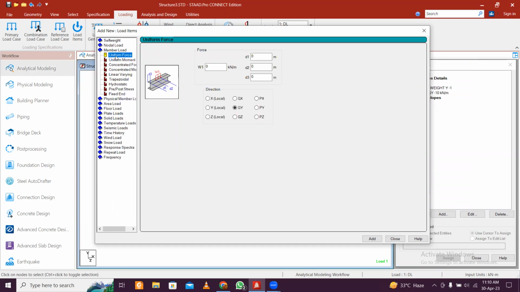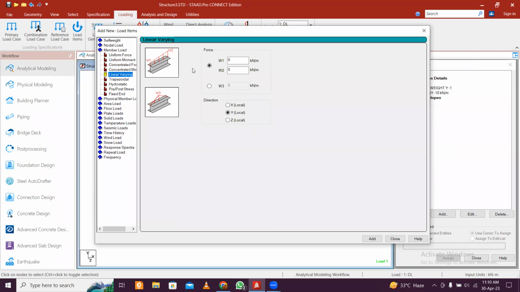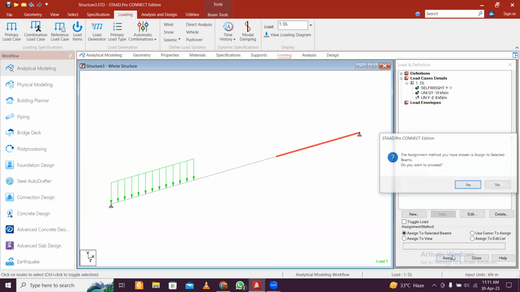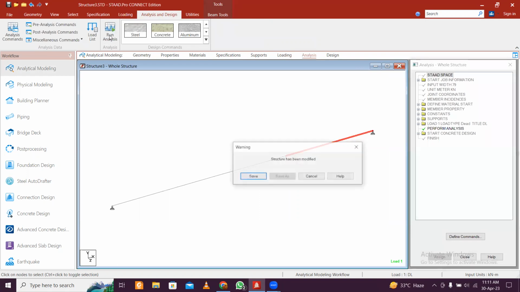your member load, and in member load we have linear varying, and UVL has 2 values. So let's this value start from -2 to -8 kilonewton per meter, and click on that. Then close it, and then this particular UVL, uniformly varying load, assign to this, assign and yes. So we have UDL in this beam and a UVL in this beam. So we'll just go and run analysis, and